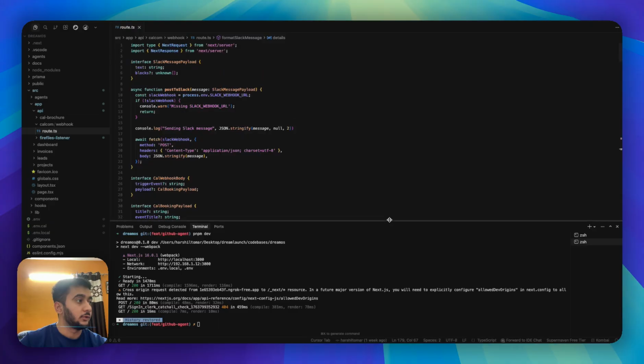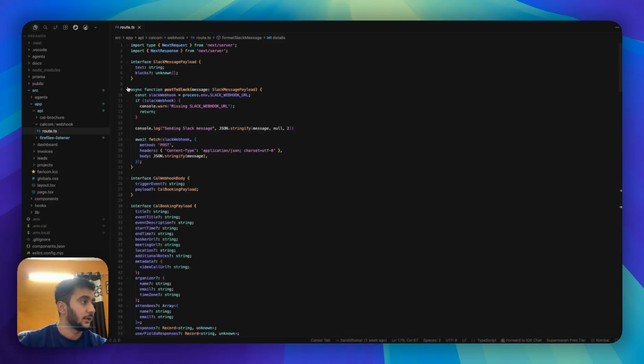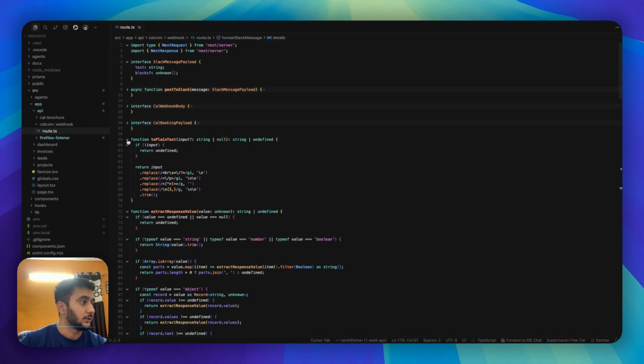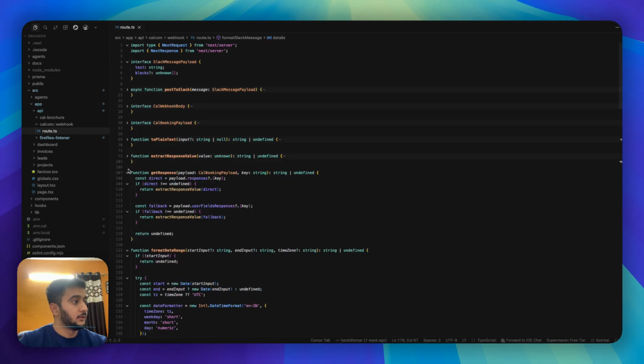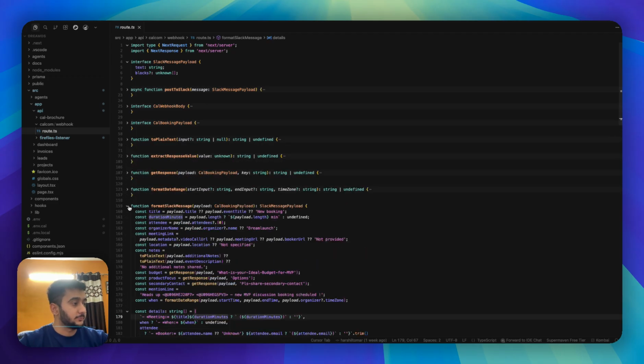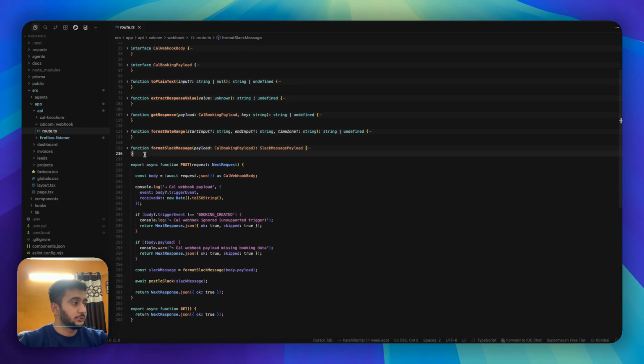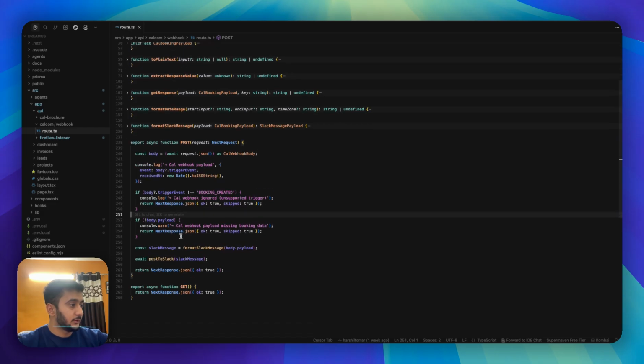It's api/cal.com/webhook/route, and from the beginning, it has multiple functions that are ongoing here. So I'll close everything. Yeah, so this is a post request. It listens to a post request that comes and it takes the payload. And in the body, there's a trigger event which checks if the event type is booking created. That's what I only listen to, because this is for listening to new bookings of calls. And if that is fine, it goes forward and